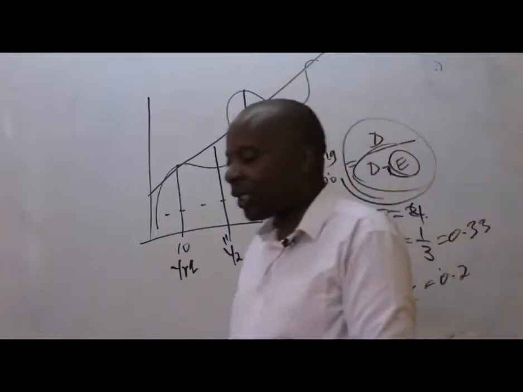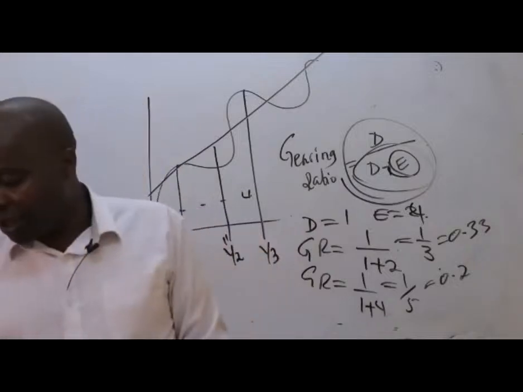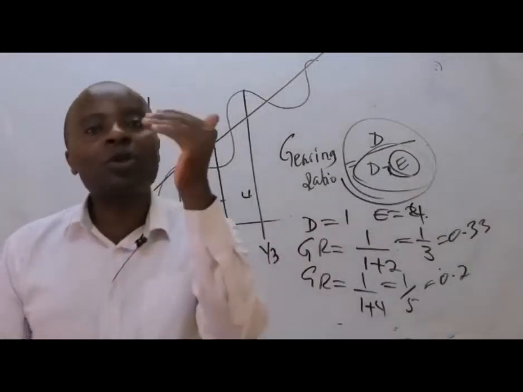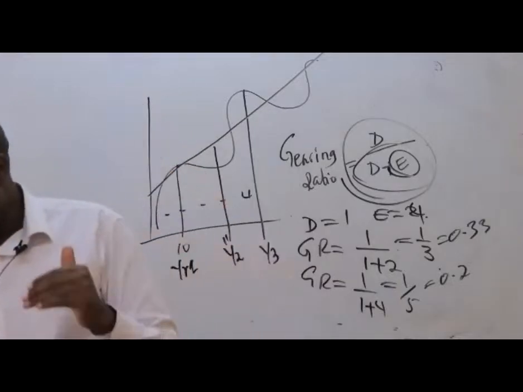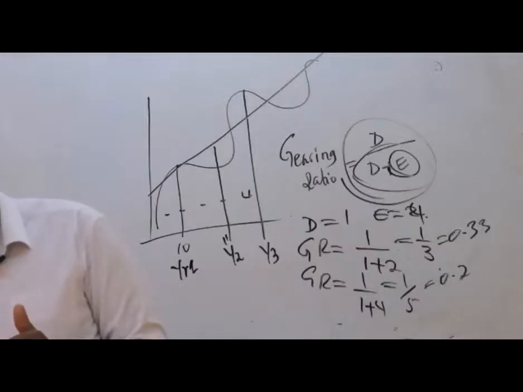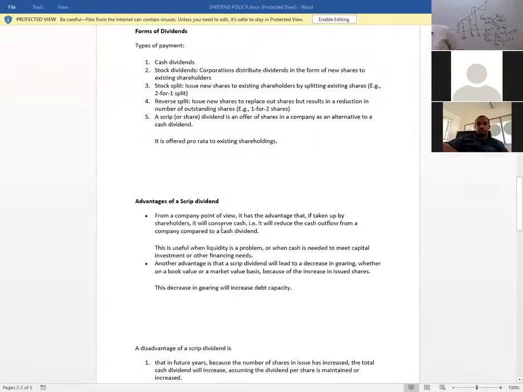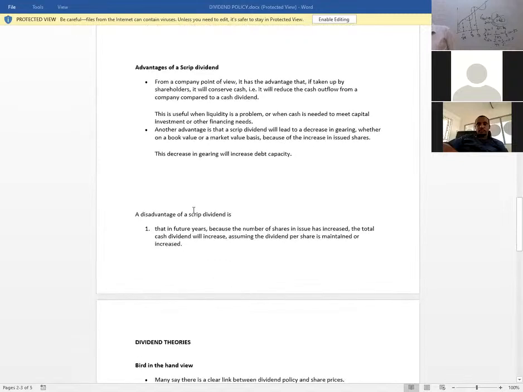So when you give out shares, ladies and gentlemen, instead of dividends, you are also lowering your gearing. So these are things we are supposed to know. We are told that the first advantage here is that we are conserving what here? We are conserving cash. The second advantage is about what here? Decrease in gearing. The biggest disadvantage of scrip dividend,